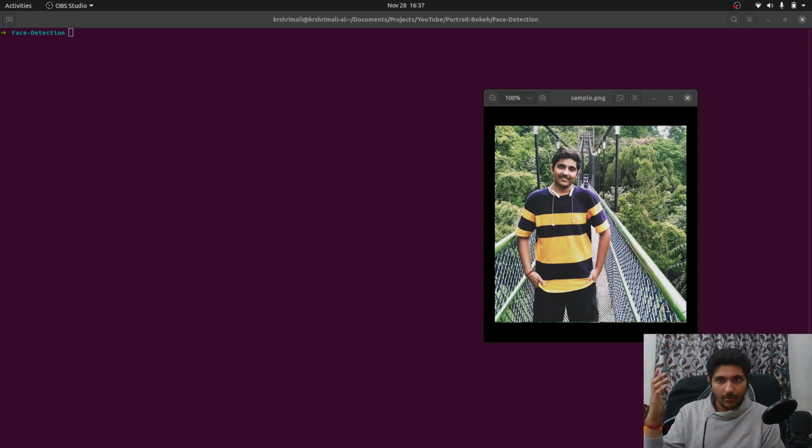Now think about it. This is a really nice idea, and it's basically a very simple implementation. All you have to do is take the face of the people around there. So first of all, you have to get a face. Once you have the face, you can blur the whole image and put that face on that blurred image. Suppose I have a whole image with myself in it, as you can see on the screen. You can just take my face out of it, blur the whole image, and put my face back. So what will happen? Everything will be blurred except my face.